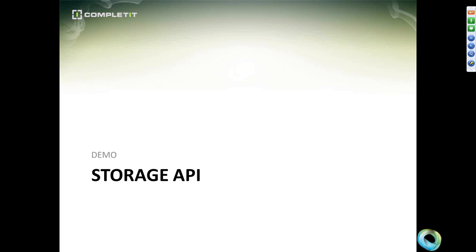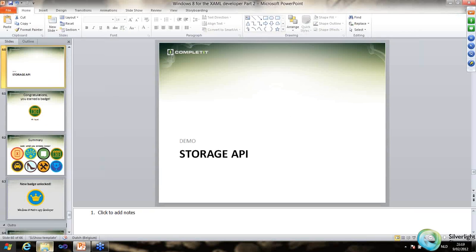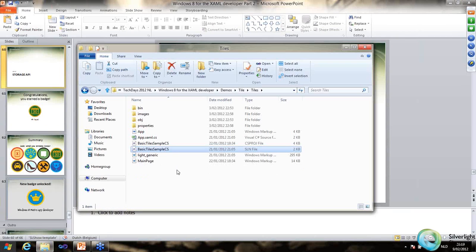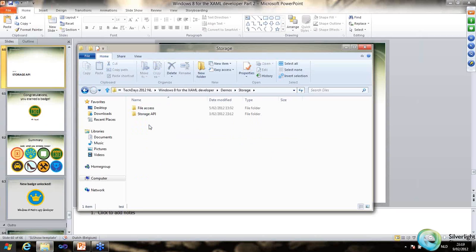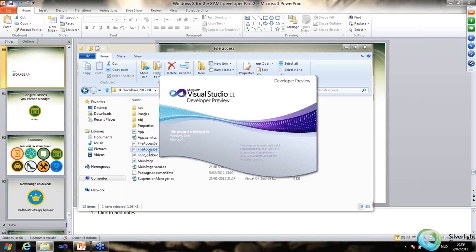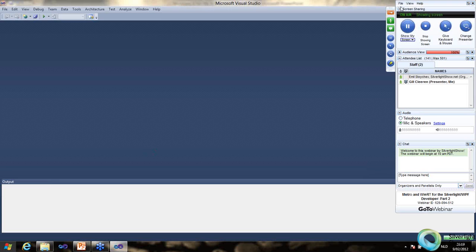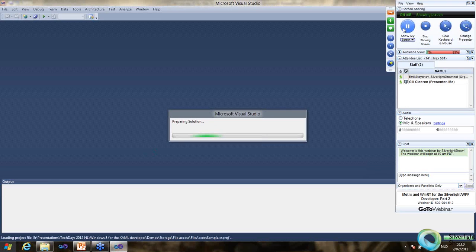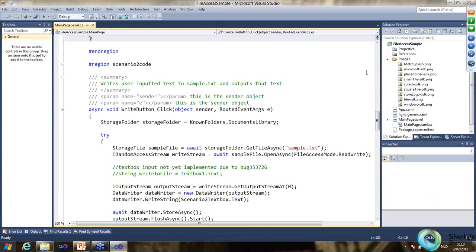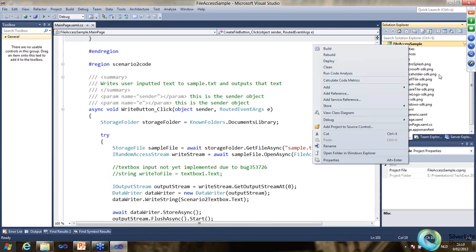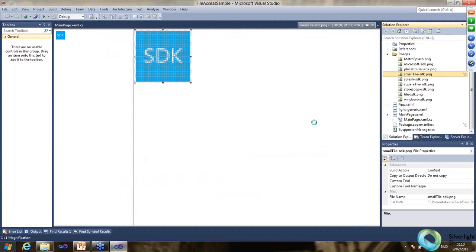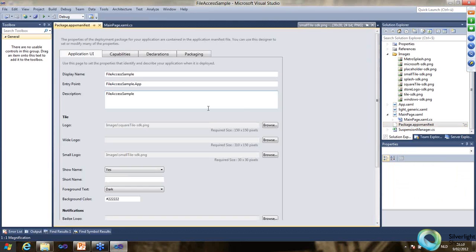Okay, let me show you how this actually works. Well, I'll show it in the same sample. Let's take a look at storage, and we're going to first take a look at file access. Okay, so I was talking about declaring that my application needs access, for example, to the library of pictures. So, sorry, not here. In the manifest file, which is the package.appxmanifest,